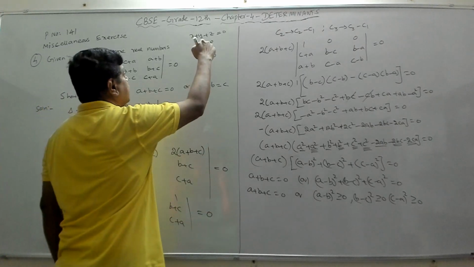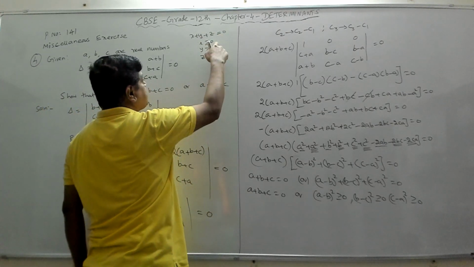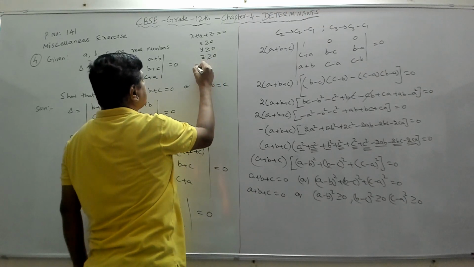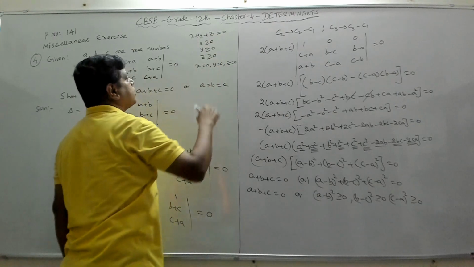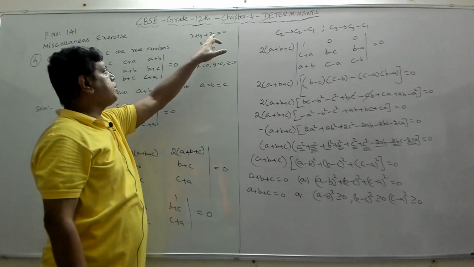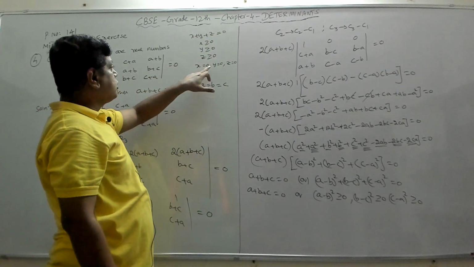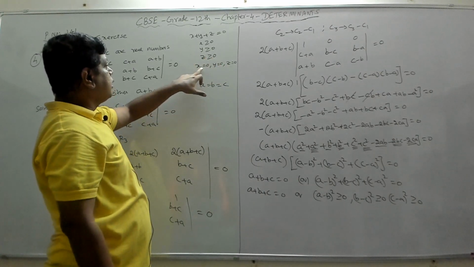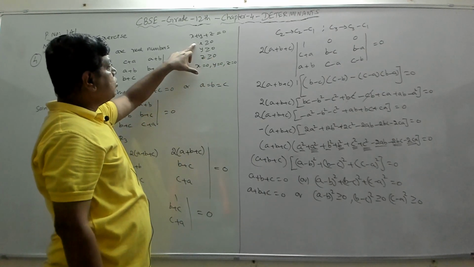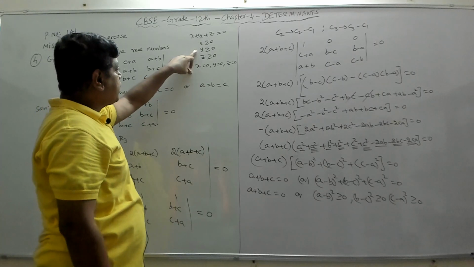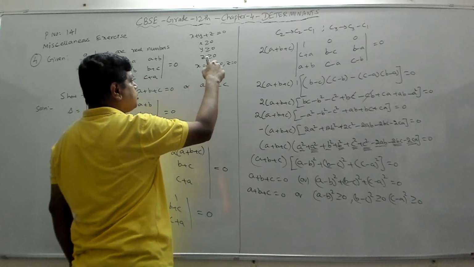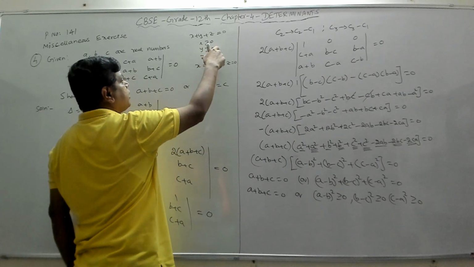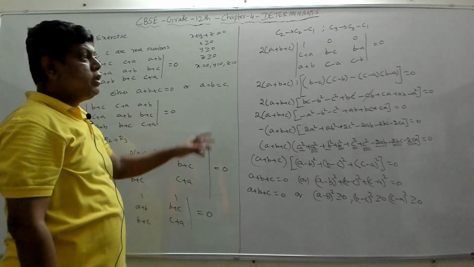Here the sum of 3 numbers is 0 and each number is positive or 0, which means x equal to 0, y equal to 0, z equal to 0 is the only solution. So when you solve x plus y plus z equal to 0, x is 0, y is 0, z is 0. Because if not, then x, y and z would each have to be greater than 0. Only if all the 3 are equal to 0 will you get the value as 0.